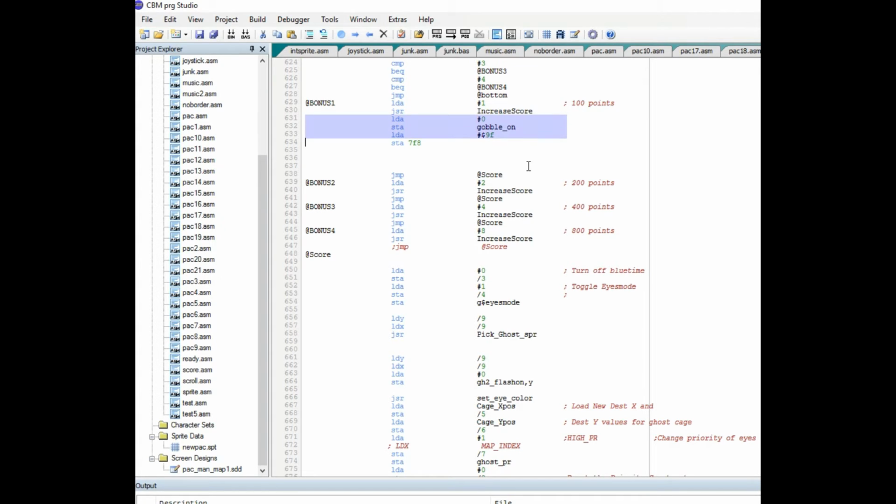Almost didn't do the first two here. So that should display. Oops, I need a $ sign in front of that. That should display 100. I almost didn't do the first one. Now I need some sort of a delay, which I don't have a real good delay mechanism yet.